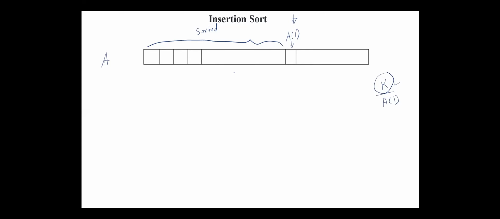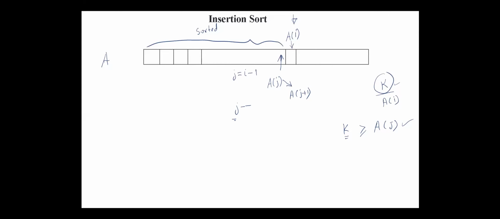Next, we set up a counter j, initially equal to i minus 1. So initially it points to the adjacent location of a sub i. Next, we compare k and a sub j. If k is greater than or equal to a sub j, we are done. If k is less than a sub j, then we move a sub j to a sub j plus 1,